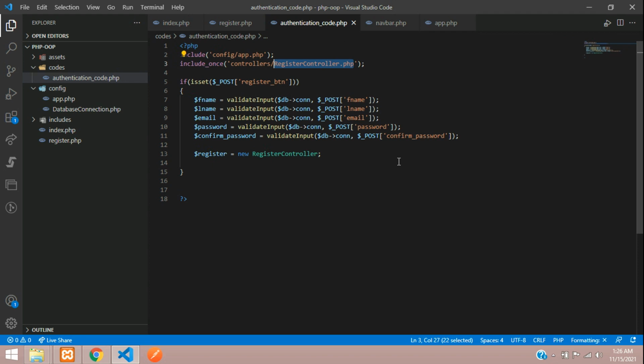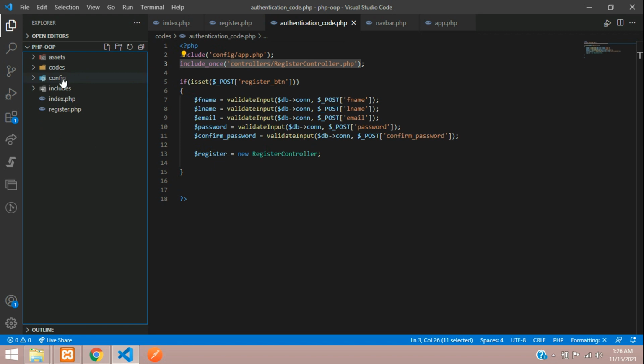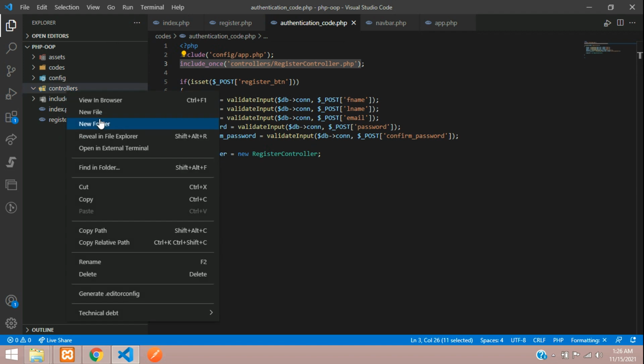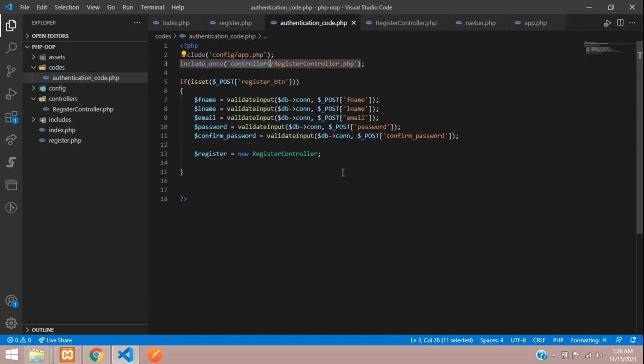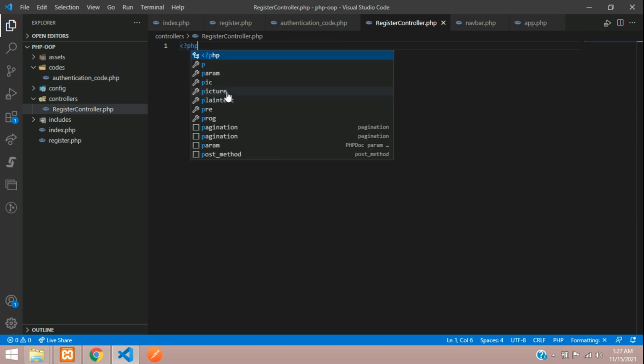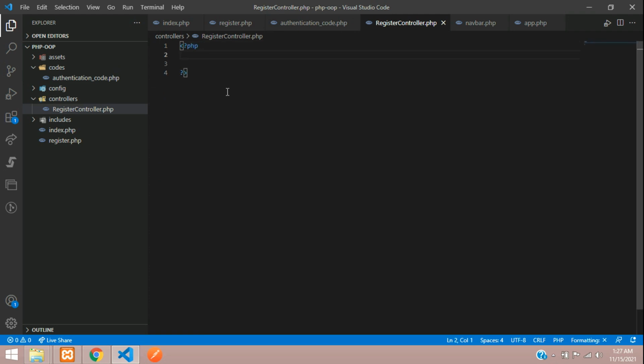All set. So let's copy, and now you have to create one folder. Yep guys, outside only we will create it. Let's call it controllers, and inside this controllers folder we will create a file with the name register controller.php. Done. Now let's move to our authentication code. So now you will be accessing this. So let's copy this class name and go to your register controller.php, create a class RegisterController, and